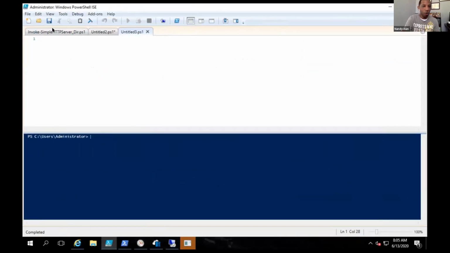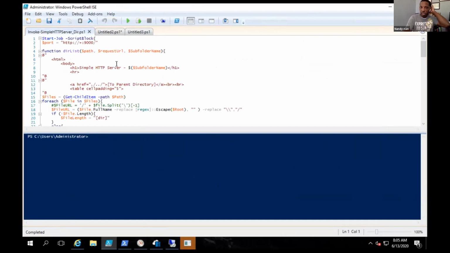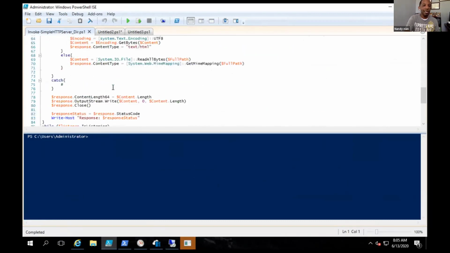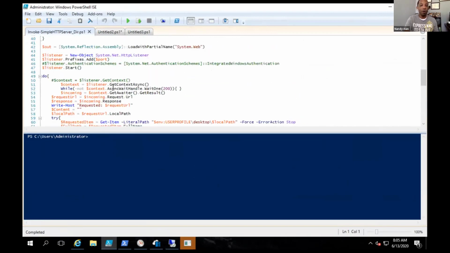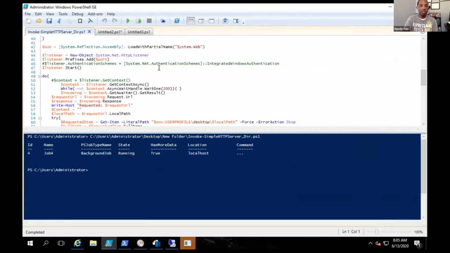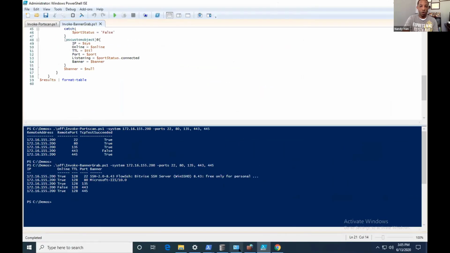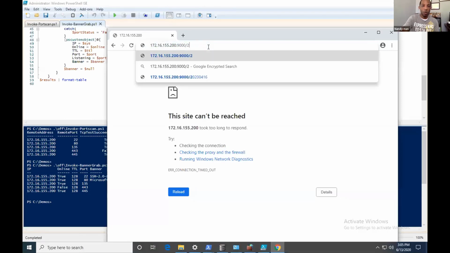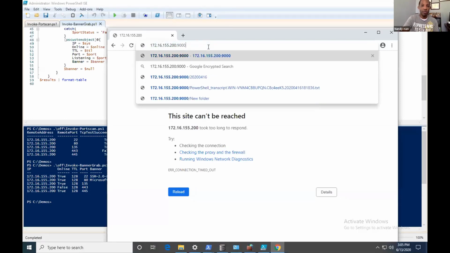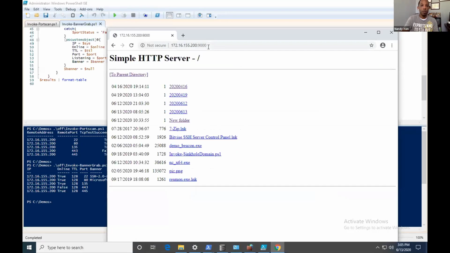All right, so I'll come over to my server machine. I'm gonna host on all IPs of this machine, but on 9,000, and we see that we're talking roughly 86 lines of code. And by default, I'm going to host data that's going to be on my desktop of this machine. I'll come back over here, and now we'll go out to that machine on 9,000, right? And I see what's on the desktop.